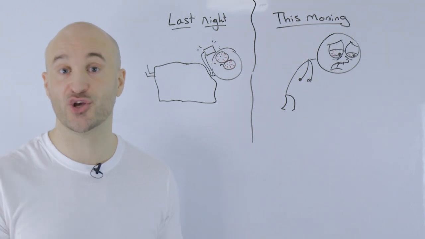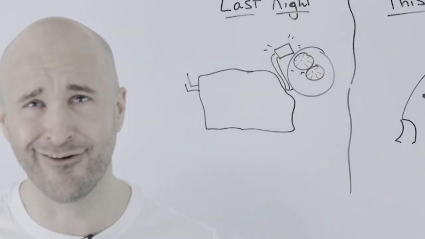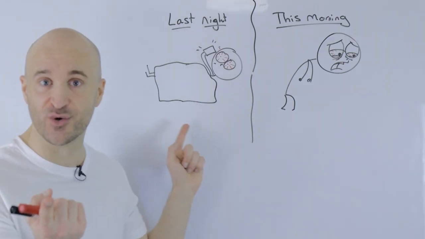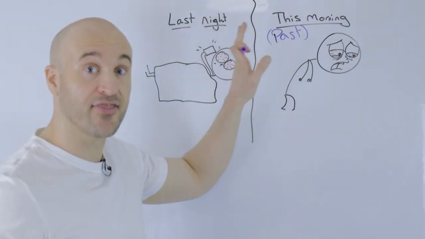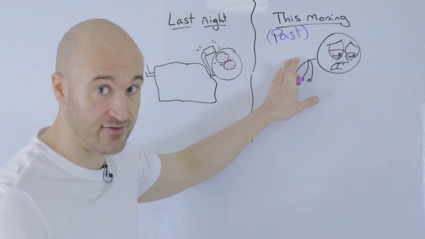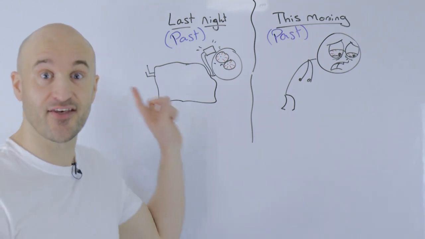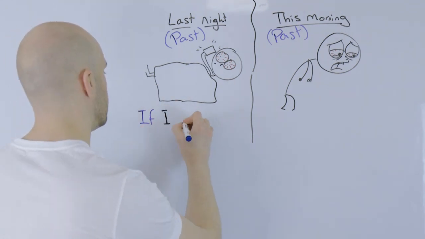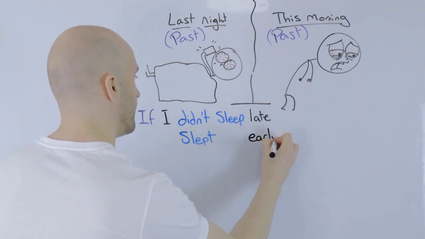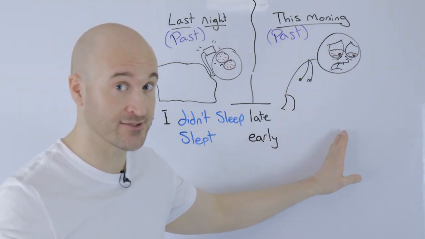Remember yesterday? You were like, I'm so tired. I need to sleep early tonight. But then this was you at 1 a.m. Yeah, I know. I was watching. Remember, this is the past result of another past. But let's imagine that this didn't happen or happened differently. What is the result, again, in the past?